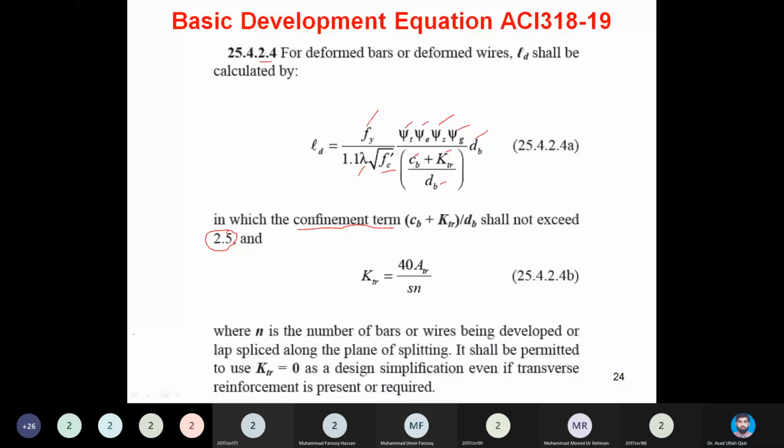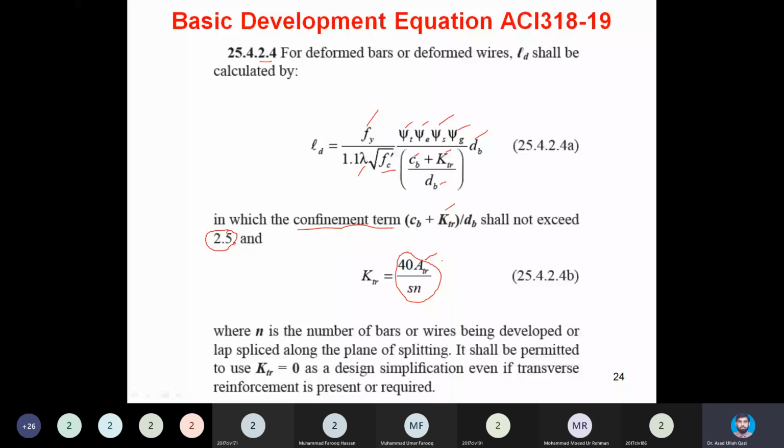So it means they are not allowing you to reduce the LD to a larger extent. That is the reason one upper limit on this confinement term is proposed. Now within this confinement term there is one factor KTR, which is named as transverse reinforcement index, and it is described through this empirical equation underneath, and it relates the index with area of the ties,